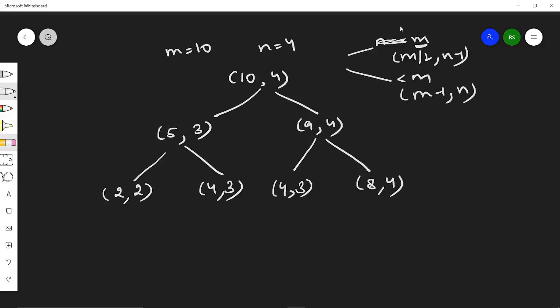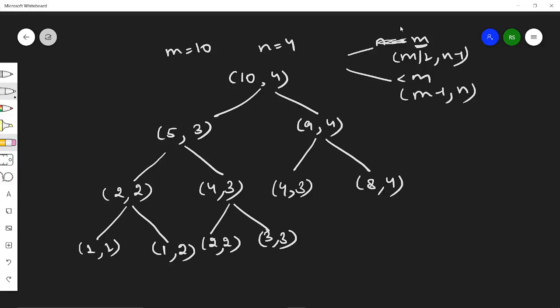Okay, sorry. So see, if we again do for this, then our m becomes m by 2, which is 2 by 2 is 1, and n gets minus 1, which is 1, and if it is lesser than m, then it becomes m minus 1 and n only. Similarly for this, if the third position is equal to m, then it becomes m by 2, n minus 1, or if the third position is lesser than m, then it could be m minus 1, n. Similarly for this, and it will just go on.